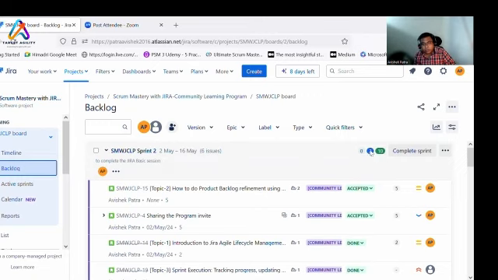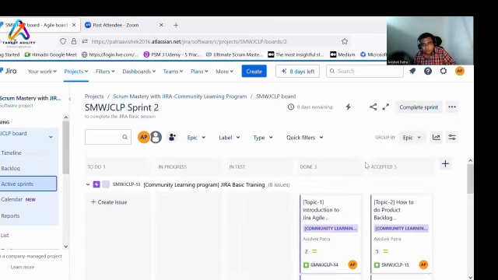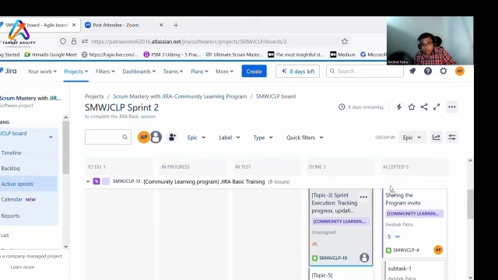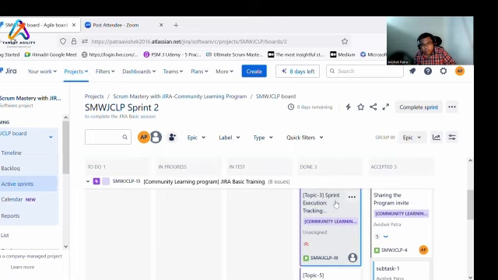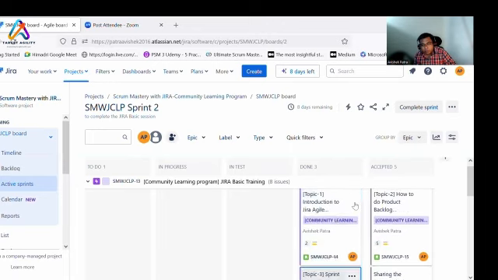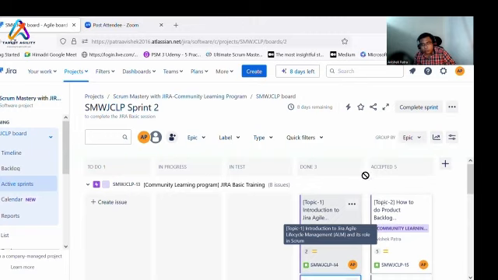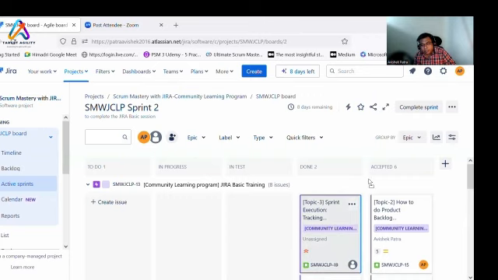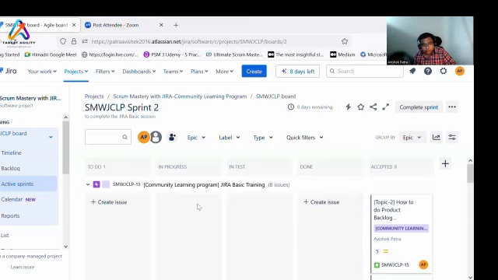Now, what I will see is that there are two stories in progress. What are those stories? Let me see. Okay, I will move them because I have made the done status the in progress one. So you can align your statuses and columns accordingly, however you feel like. You can tweak it in whichever way is comfortable for you.